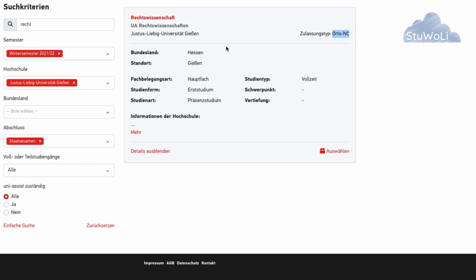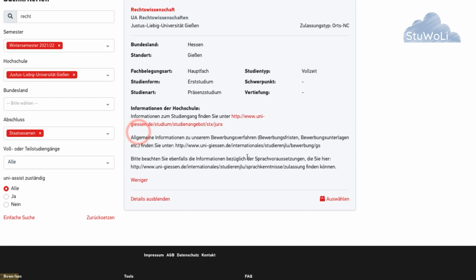Of course, Rechtswissenschaft is always NC. Becoming a lawyer is always NC in Germany, right? Just like medicine, always NC. Let's click on Mehr. There are a bunch of information here, but let's say if you go to these links,